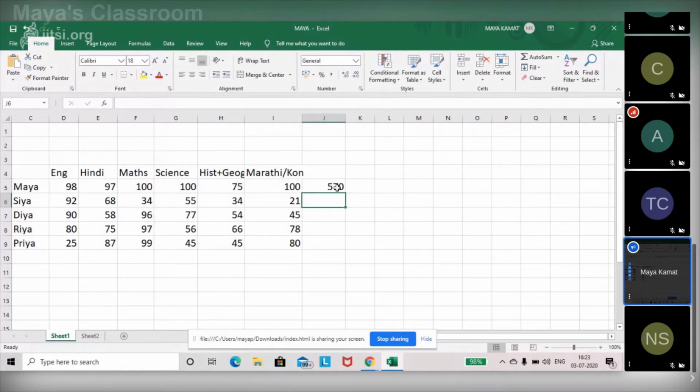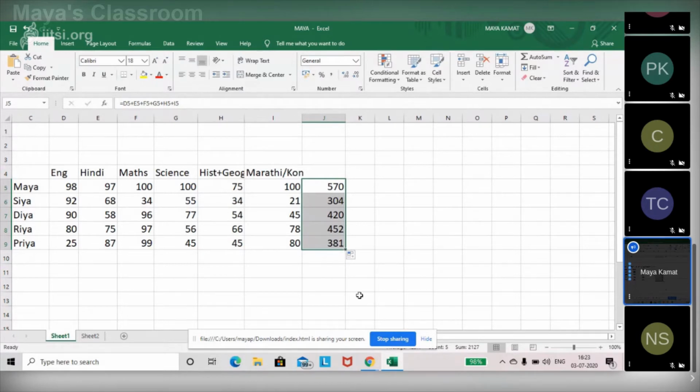I could just click on the first cell where the formula is already entered. And can you all see this small square coming at the end of the cell? That is called the fill handle. You have to just drag it down up till the cells where you want the sum to be calculated automatically.